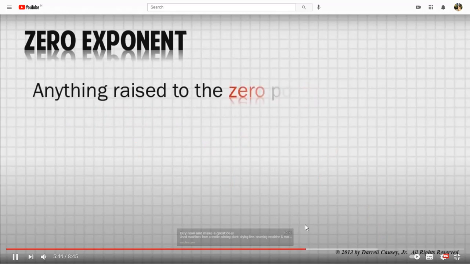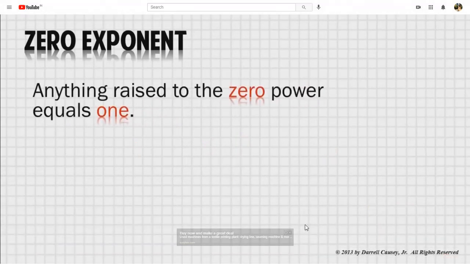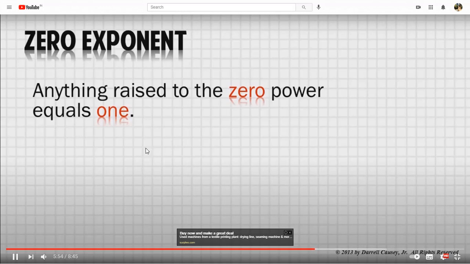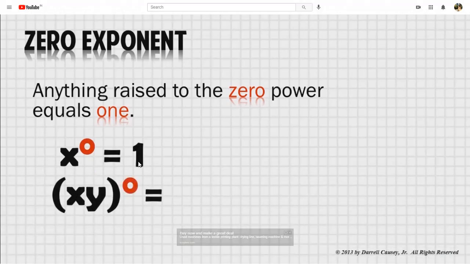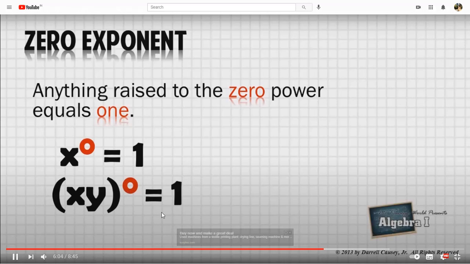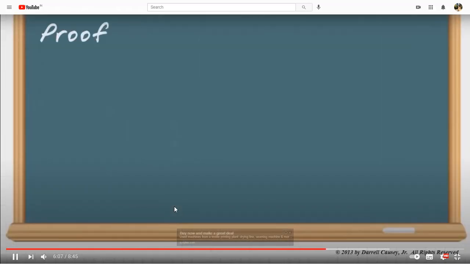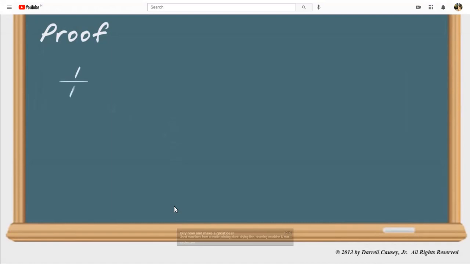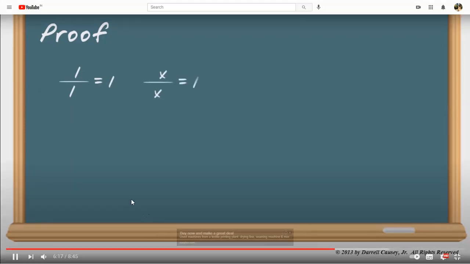Now next is the zero exponent. Anything raised to the power 0 is equal to 1, that you have done in class 7 I think. Anything x to the power 0 is equal to 1. p by q to the power 0 is equal to 1. 3 to the power 0 is equal to 1. xy to the power 0 is equal to 1. So this one they have given you as the 5th law. In your book you can see the 5th law. Here is the example they have given to you.